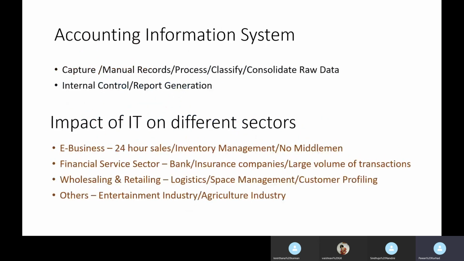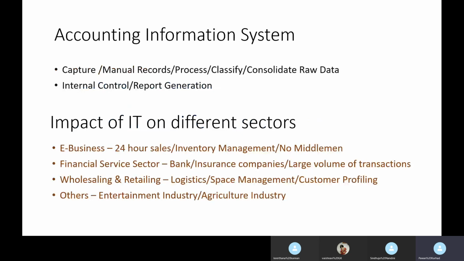Now we have accounting information system. This accounting information system is like a traditional information system. We used to have this when we had Munimji, Diwanji, Munshi and all. These were all the names of the accountants in old age. So now we are talking about the accounting information system in those ages. First, they used to capture the data. What are the steps in accounting information system? We used to capture the data.